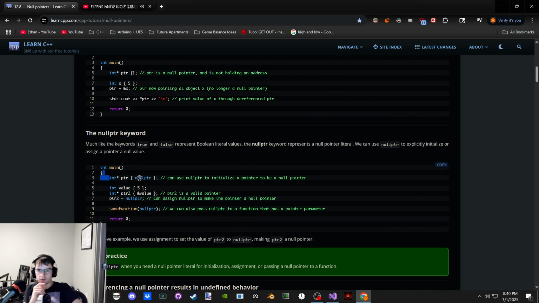So we have a pointer pointing to null pointer, initialize the null pointer of an integer variable, a pointer that's pointing to it. That pointer is then set to point to null pointer. And then we have a function, and I can pass it null pointer to do something with a pointer that's there. I can pass it probably to initialize it.